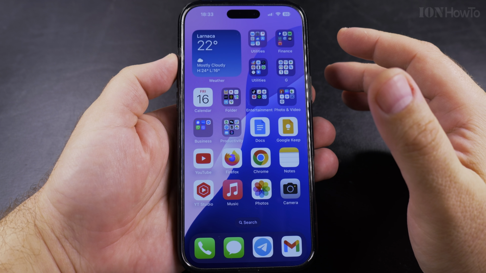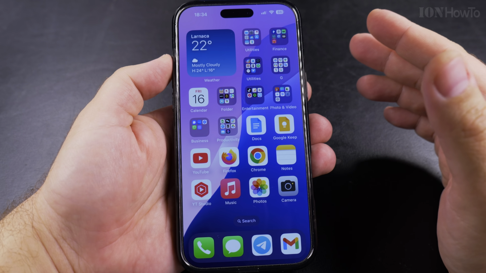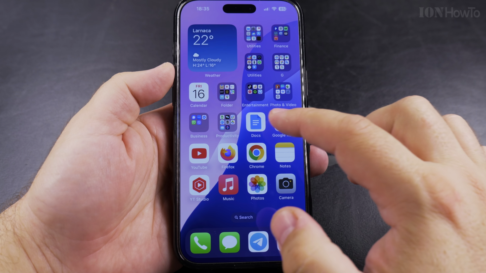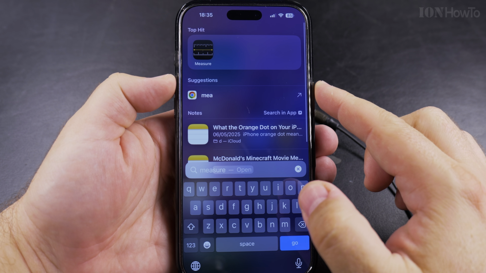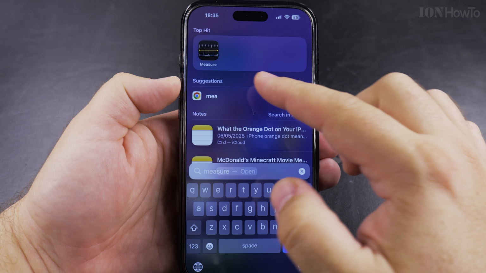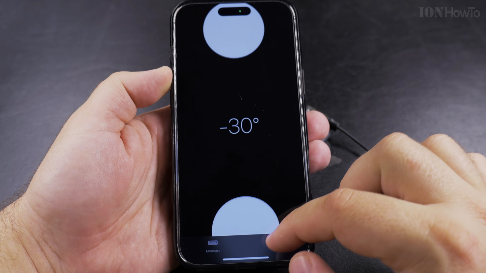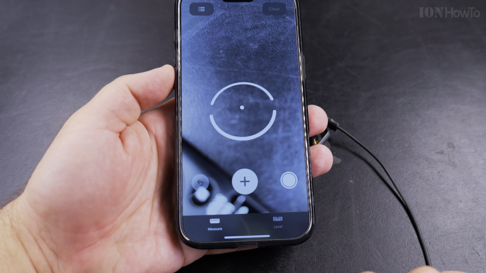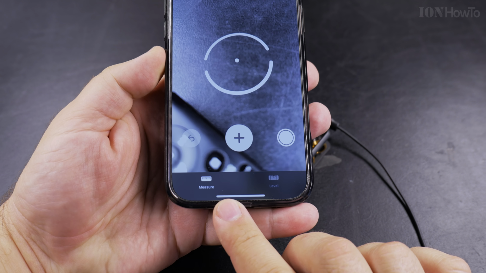Today I show you how to measure things with your iPhone that could be really any size. First you have to open the Measure app on your iPhone, but if you don't know where it is, you can easily search for Measure on your iPhone and you will find the app. This is the app, and if you see the level when you open the Measure app,